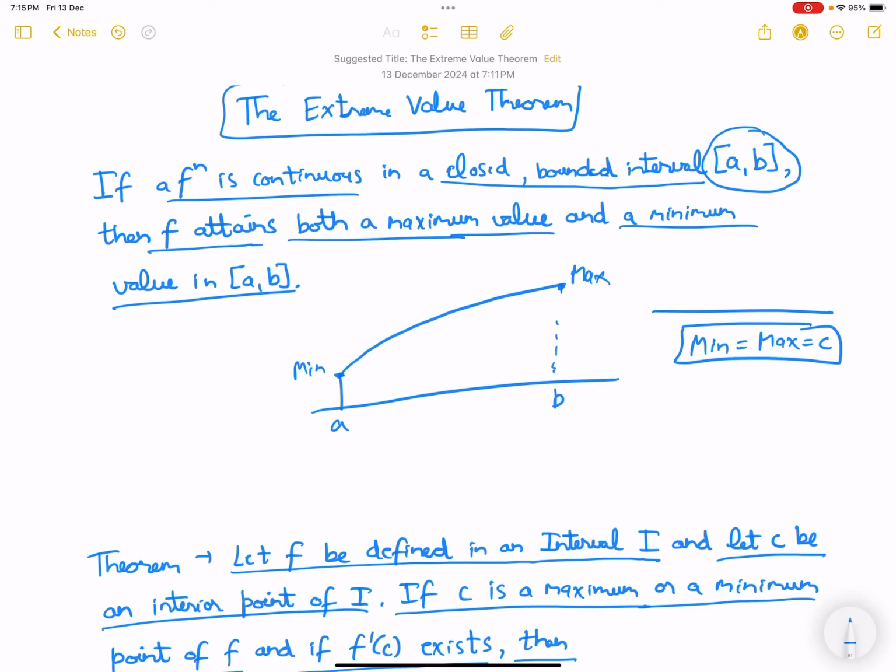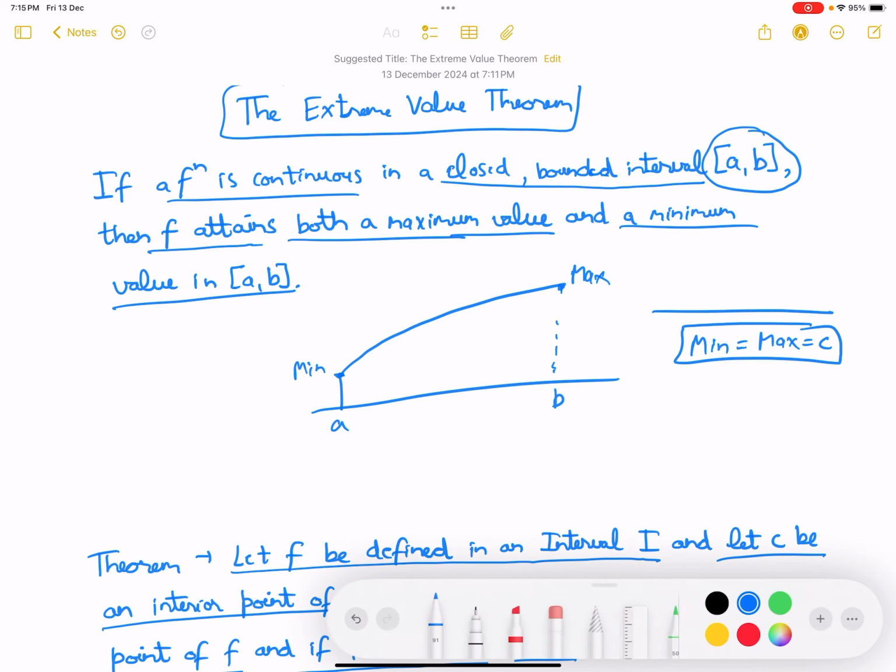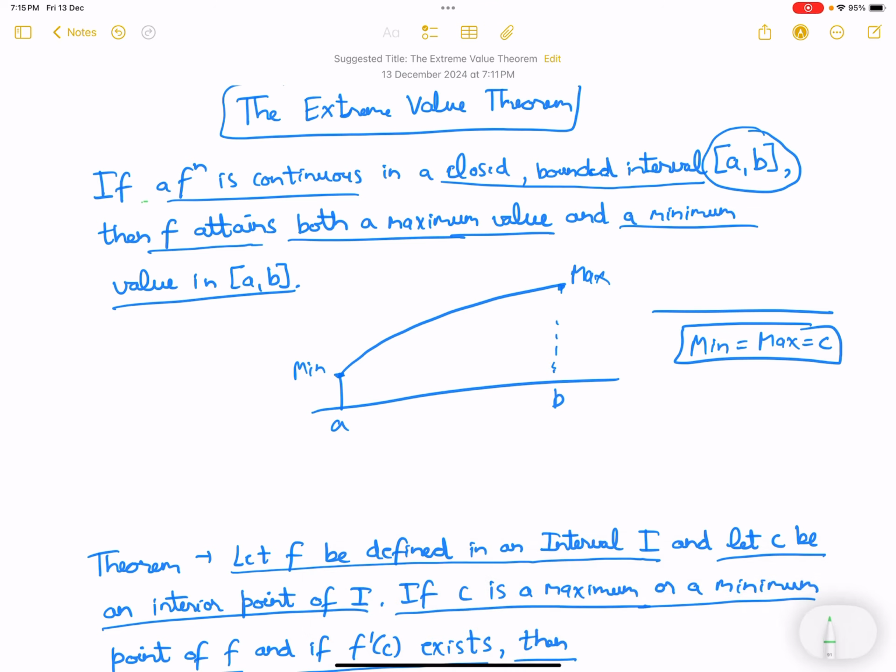So in this video, we'll discuss the extreme value theorem and the mean value theorem. We'll do proofs of theorems related to it only. Now, the extreme value theorem states that if a function is continuous in a closed bounded interval, so this is